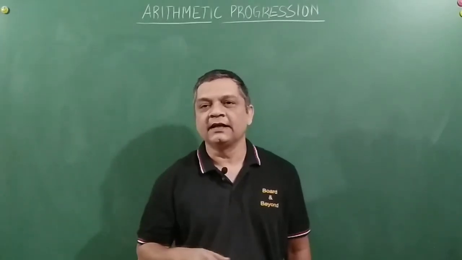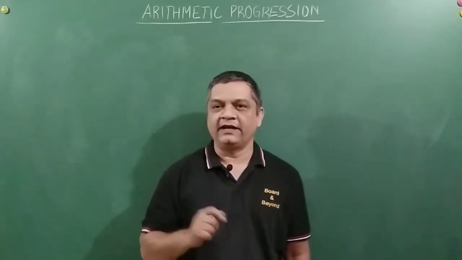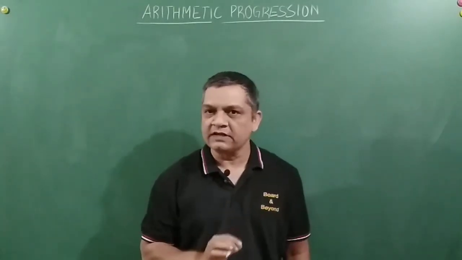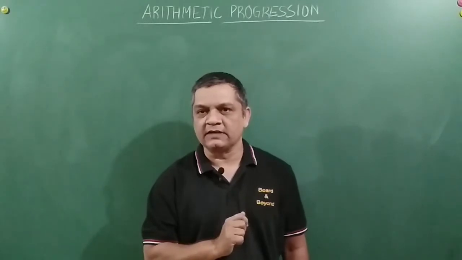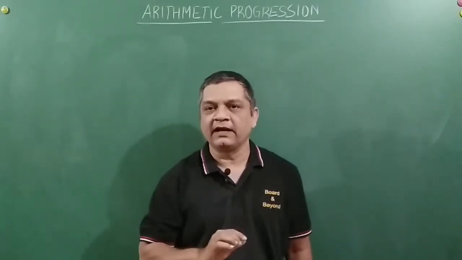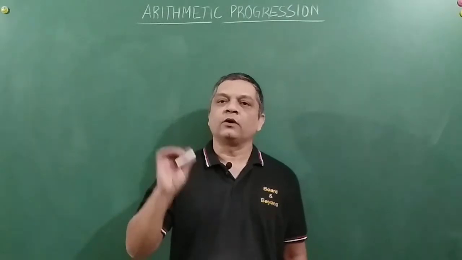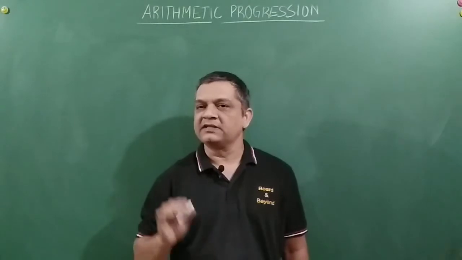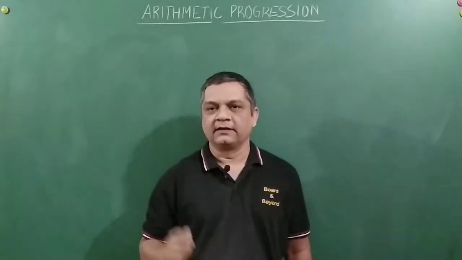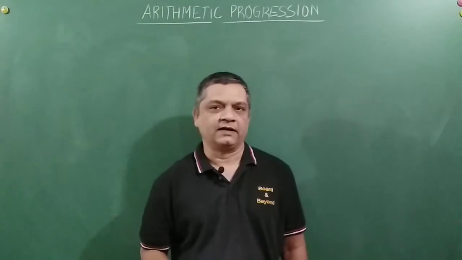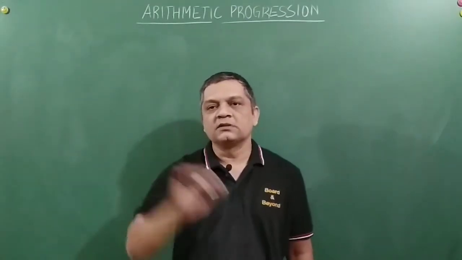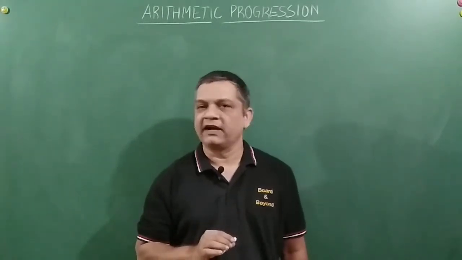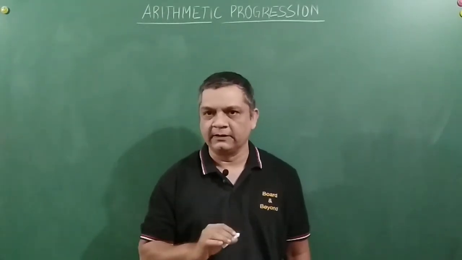So friends, we are learning arithmetic progressions now, right? What we have learned till now is what an arithmetic progression is, the general form of an arithmetic progression, and the nth term of an arithmetic progression, and we have also done a few problems involving the nth term and some specified term like the fourth term, fifth term or something like that, right? So now the concept which is still pending is the sum of n terms of an arithmetic progression and problems related to that, right friends?